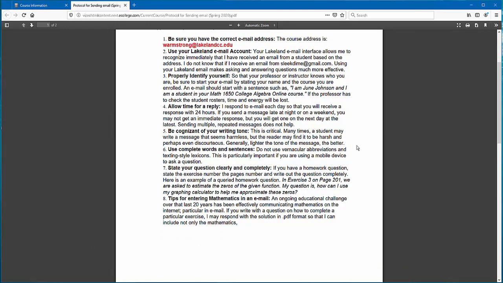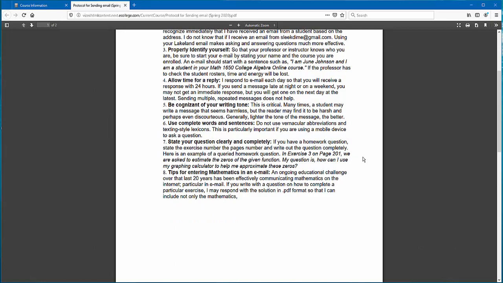You can read about being cognizant of your writing tone. Use words and sentences, no abbreviations that people would do maybe in texting. State your question clearly and completely. And,